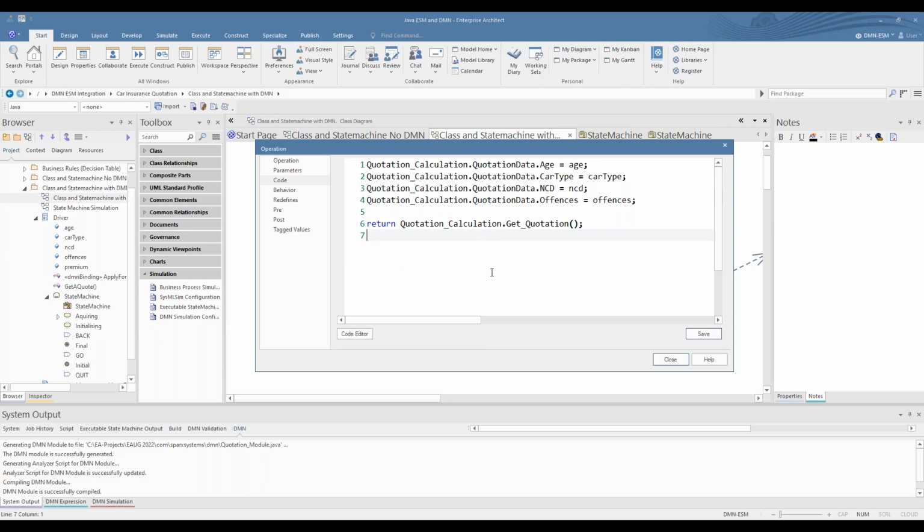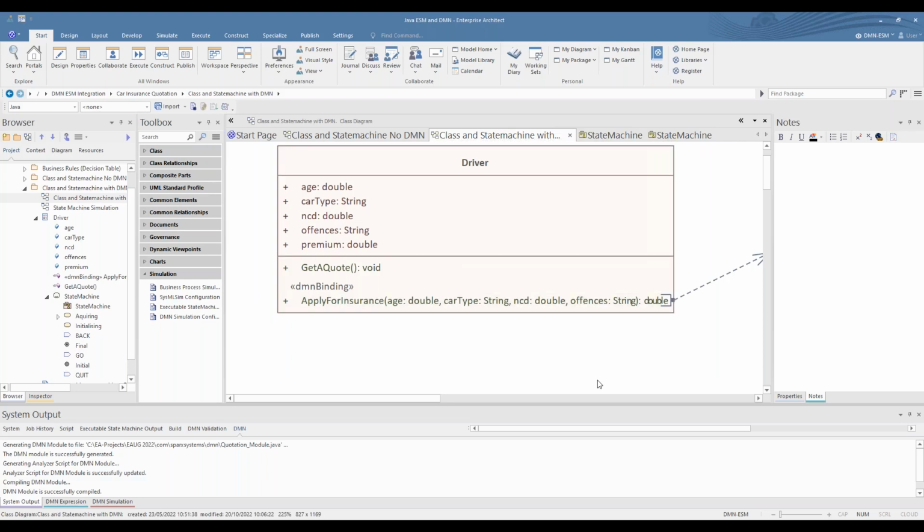Now, that puzzled me for ages to work out this syntax. But the syntax is quite easy. This is the name of the simulation. This is the name of the input item that we saw earlier. And this is the name of the data. So once you've got the pattern, it's very straightforward. And then you return get quotation, which is an operation generated in Java when we generated the decision table. Perfect. So that's all the building blocks.